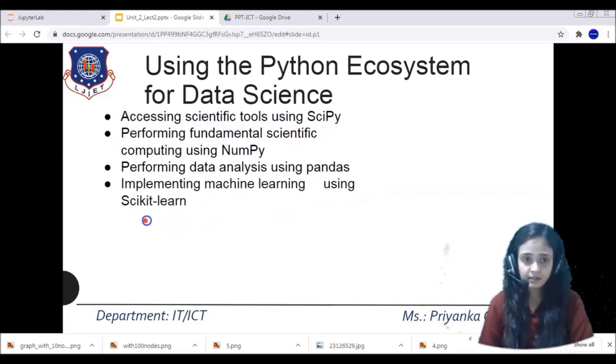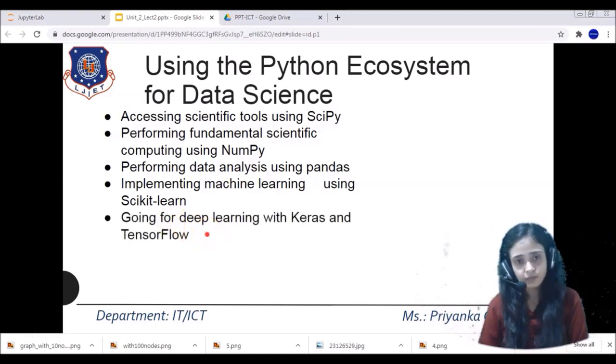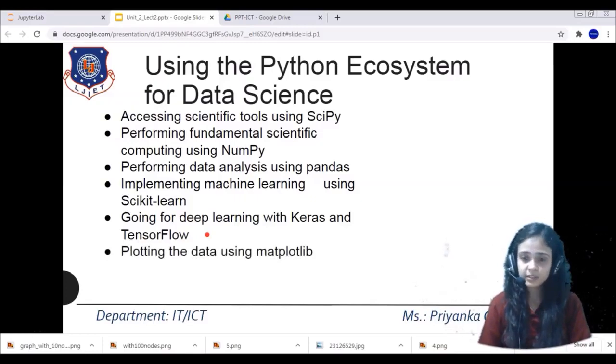This scikit-learn library supports different machine learning algorithms, one example being simple linear regression. Just like that, it supports various different machine learning algorithms. Then comes going deep learning with Keras and TensorFlow. Keras and TensorFlow again support various different machine learning algorithms.